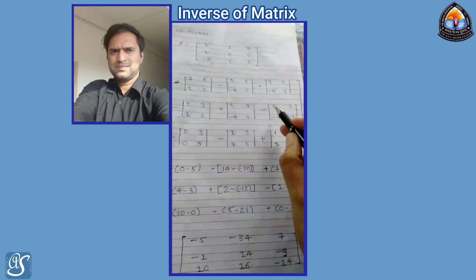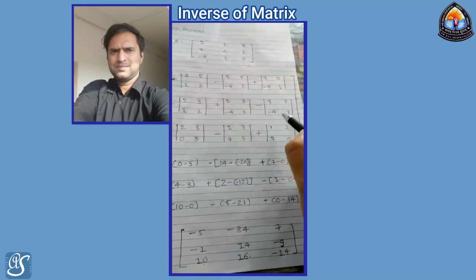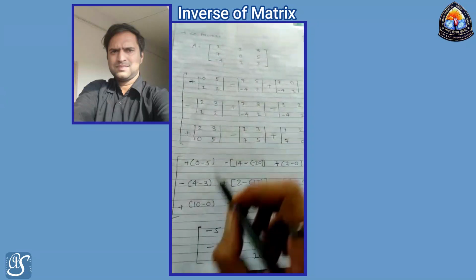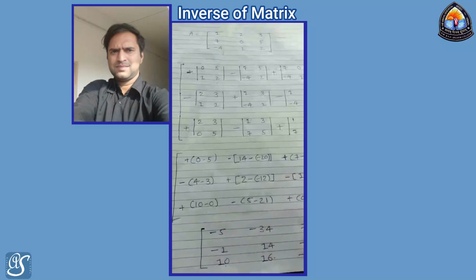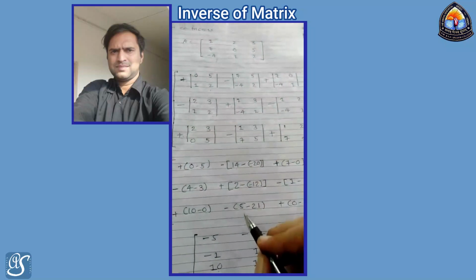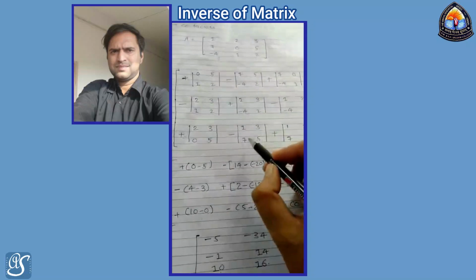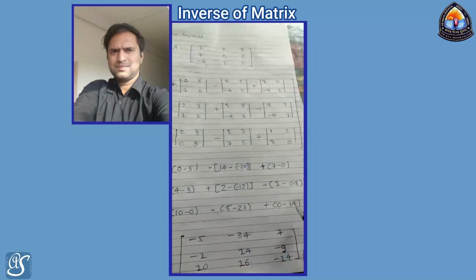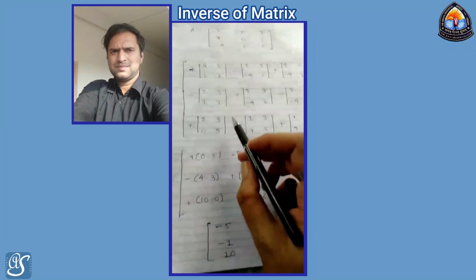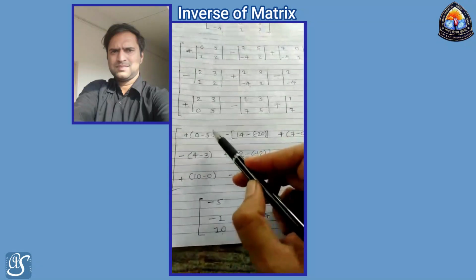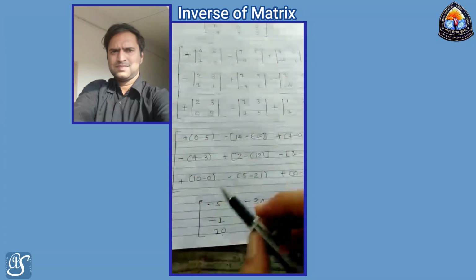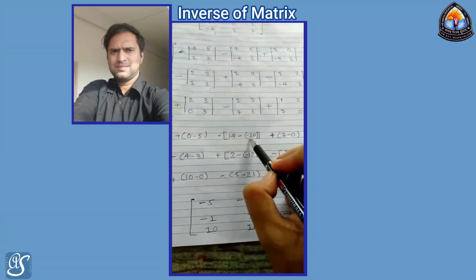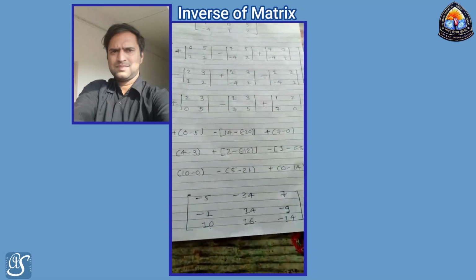Minus sign is over here. 1 into 1, 1, minus bracket 2 into -4, -8, plus sign, 2 into 5, 10, minus 3 into 0, 0, minus 1 into 5, 5, minus 7 into 3, 21, 1 into 0, 0, 7 into 2, 14, so 0 minus 14. So 0 minus 5, the outside sign is plus, so minus plus minus, so -5. Here minus minus plus, so 14 plus 20, 34. The outside sign is minus, so -34.